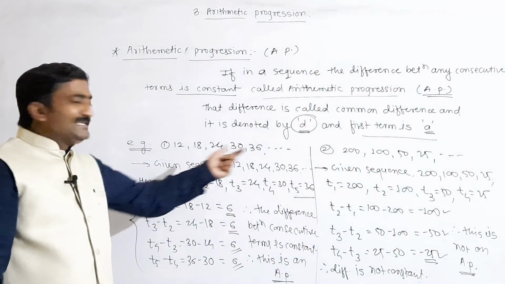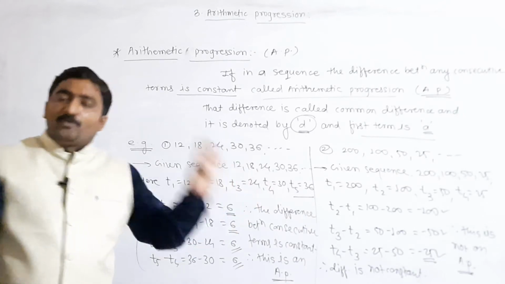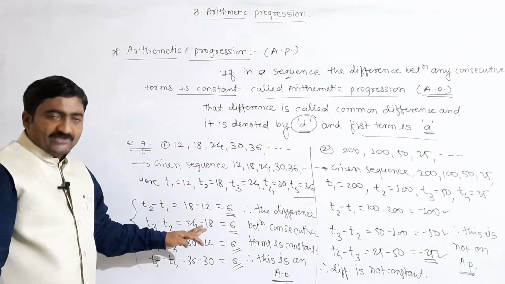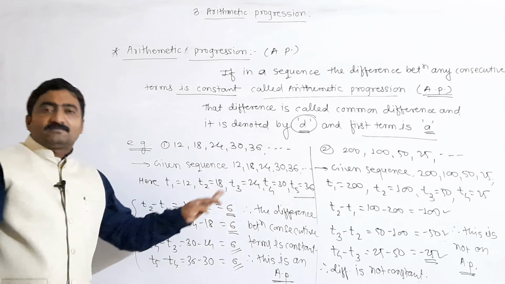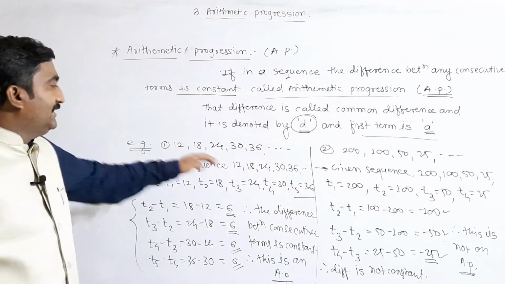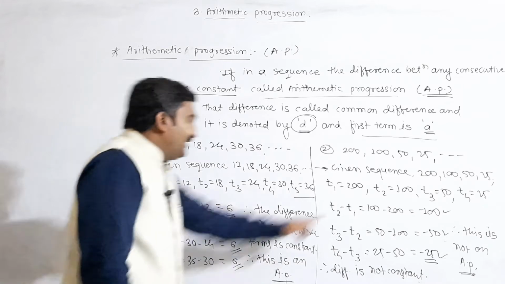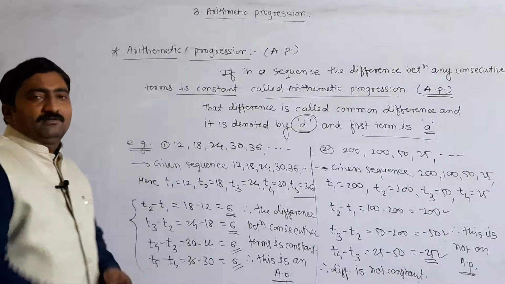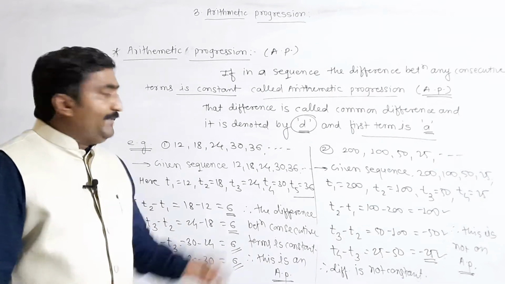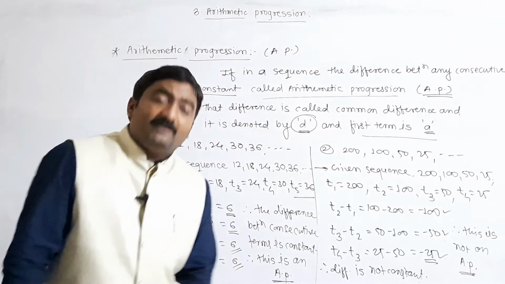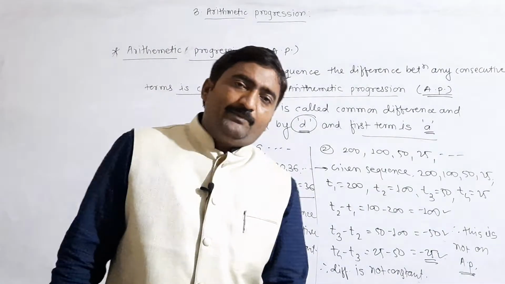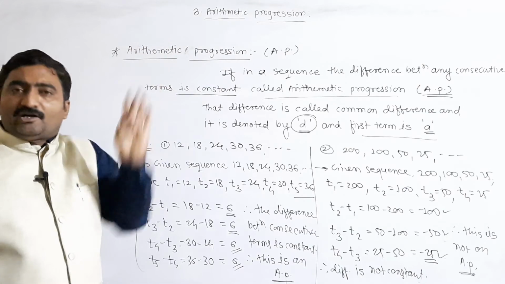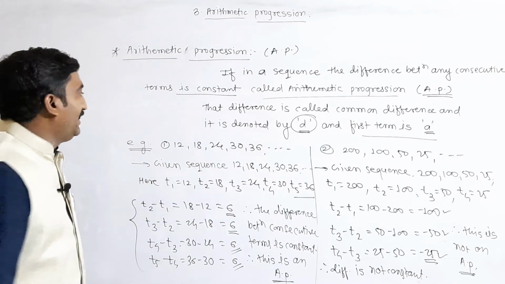Here we are given some sequences. Out of these sequences, we have to study which sequences are arithmetic progression. This is an arithmetic progression because the given sequence has the same common difference. This sequence is not an arithmetic progression. But remember that AP has two types, finite AP and infinite AP. When the terms in an AP are finite, we say it is a finite AP, and when the terms in an AP are infinite, we cannot count them, then that is called infinite AP.